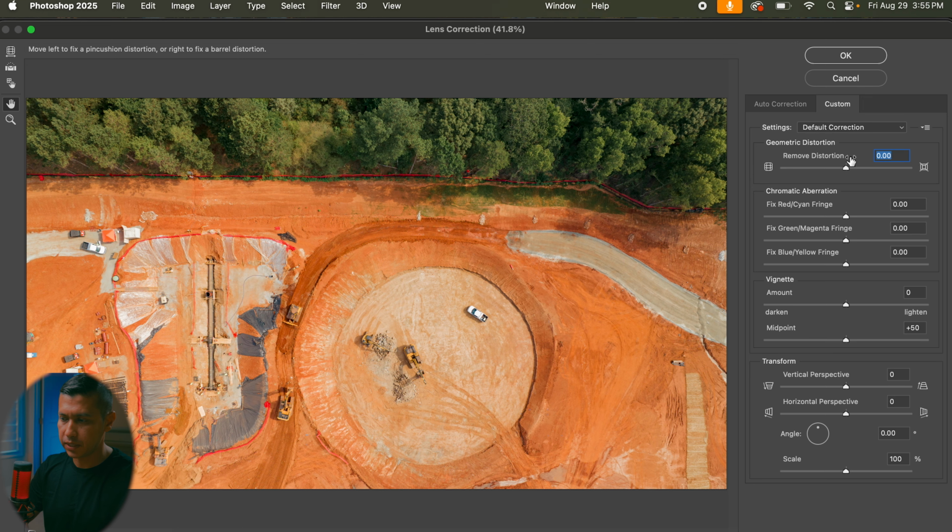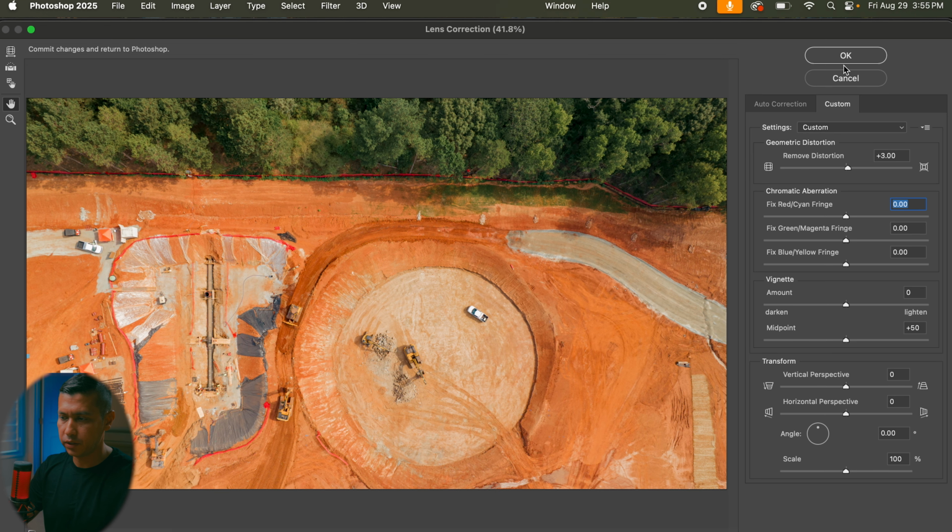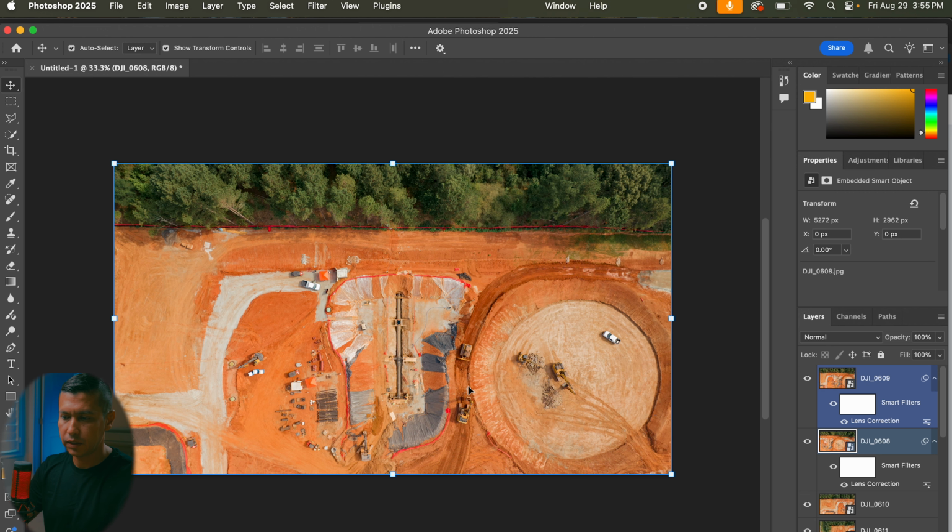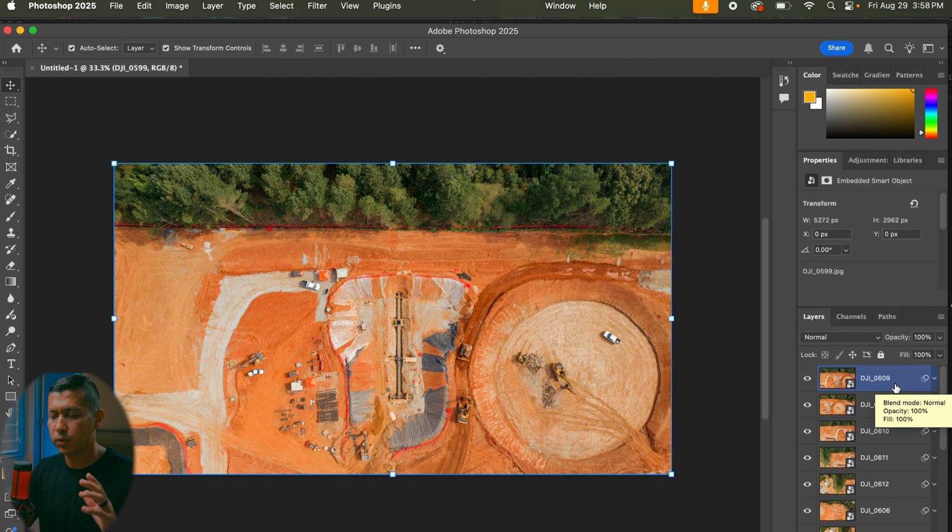Do the exact same steps. Type in 3 right here, click OK. Now this image is corrected, and I'm going to do the same thing for all the images, and I'll be right back. All right, so now once I did the lens correction to all the images,